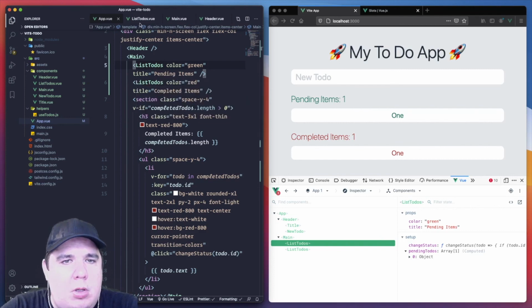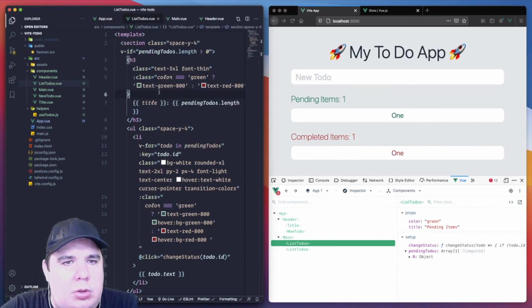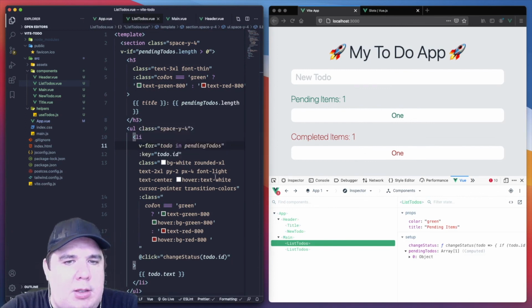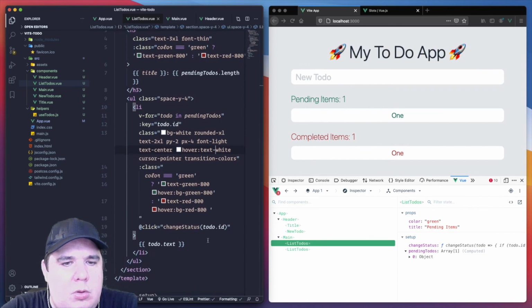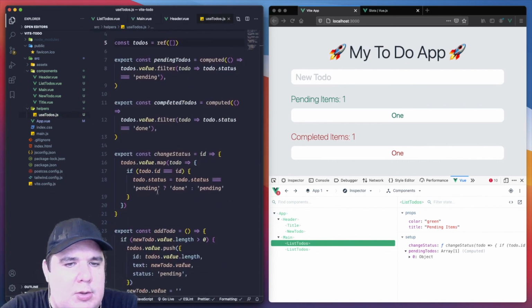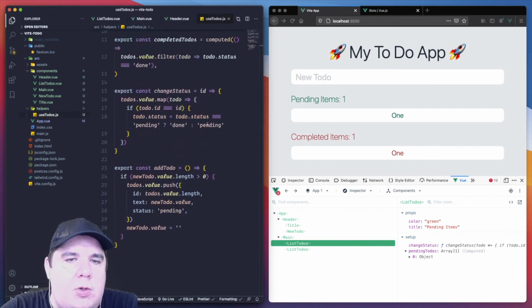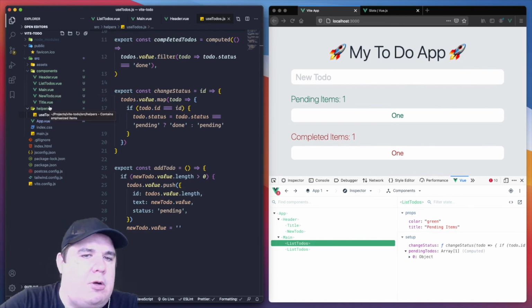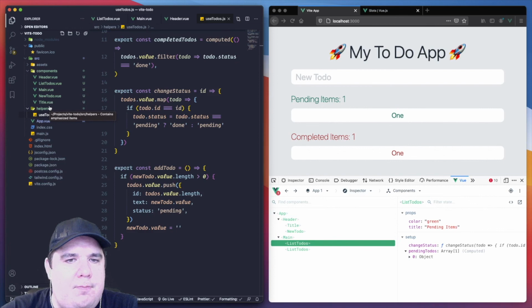Okay, so let's go to the list of to-dos. This is actually the pending, change status, what it does. Let's see what it does, change status. Oh, pretty neat. Change status already check it's pending, move it to done, or if it's done, move it to pending. So we can actually have something really cool here. What we need to have is,